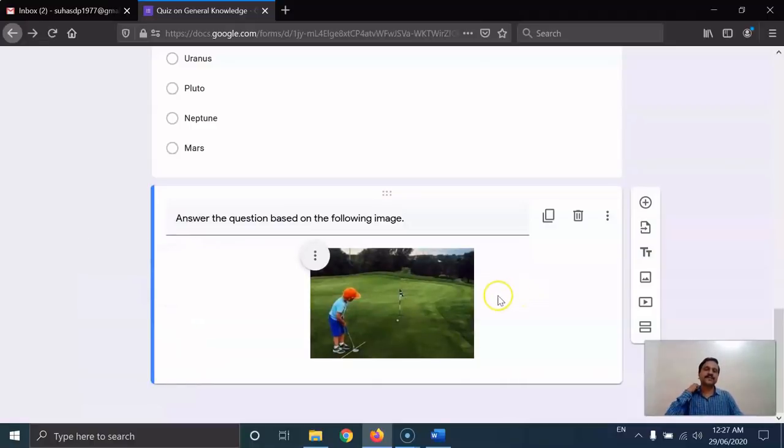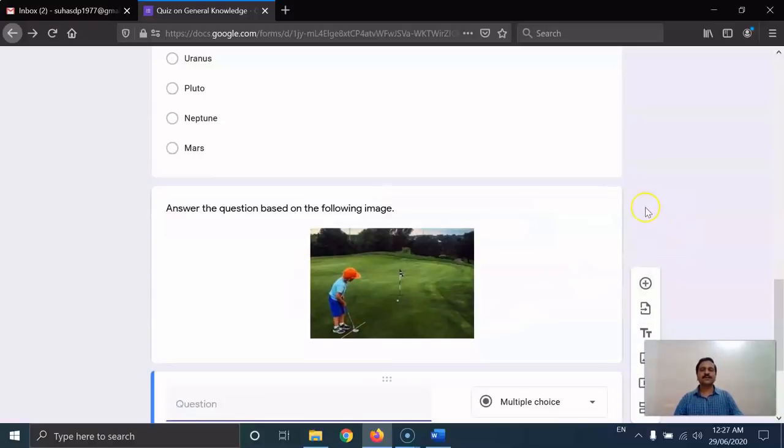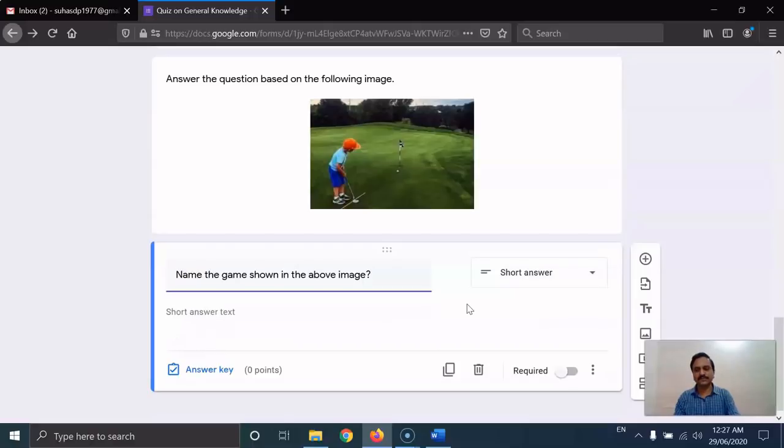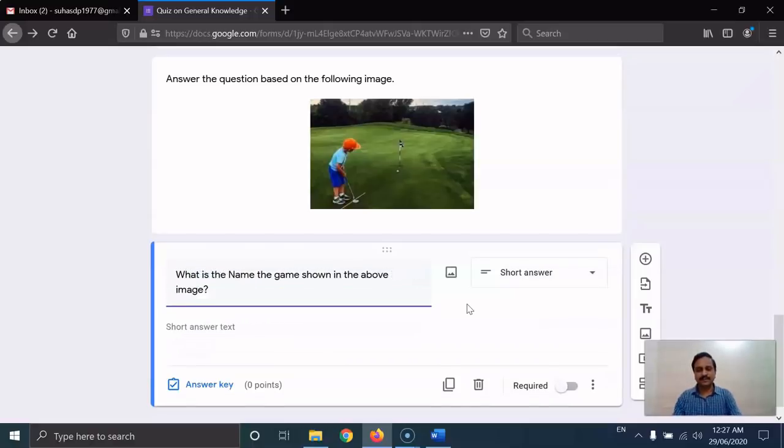Now you can see that the image is a photo of the game golf. So what I am doing here is adding one question again of MCQ type: what is the name of the game shown in the above image?